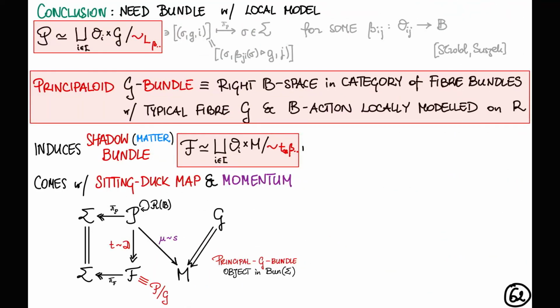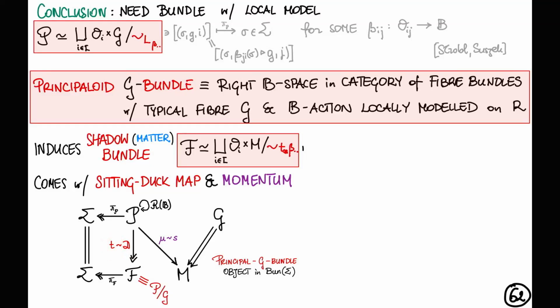But now I can replay the logical scheme that led me here. The construction of gauge transformation. Because I have P and I have a morphism of bundles locally modeled on... So I have a bundle with a typical fiber. What else? This was the associated bundle. And a morphism of bundles locally modeled on the target